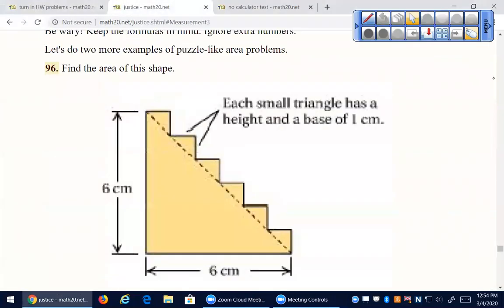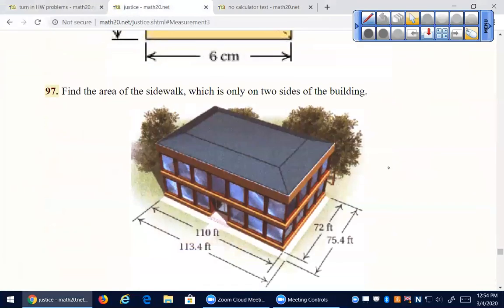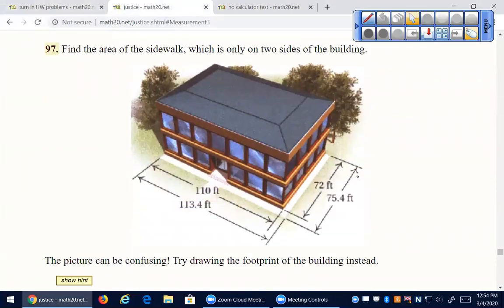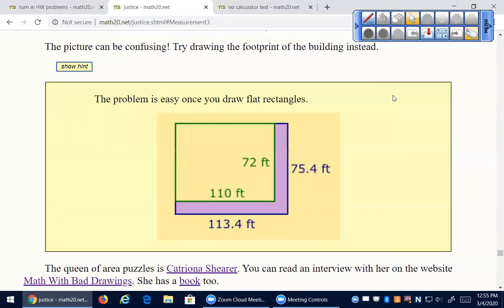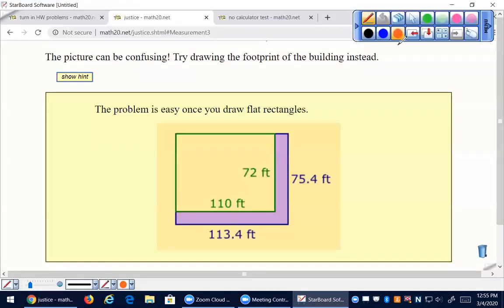Where were we? We were over here. Here's a tricky one. What's the area of the sidewalk? And we have measurements for the outside edges of the sidewalk and the outside edges of the building. This isometric picture makes it look complicated. So it's nice if we redraw the picture. So there we go. The building is the green rectangle. The sidewalk is the purple